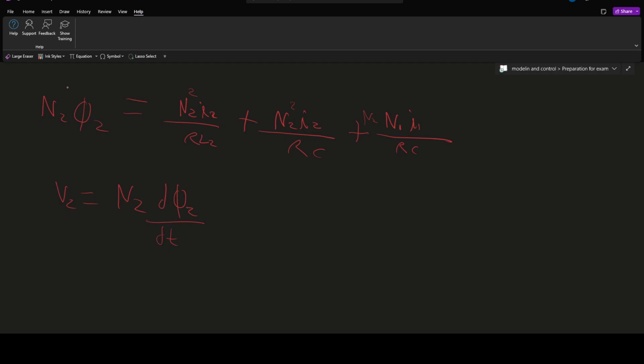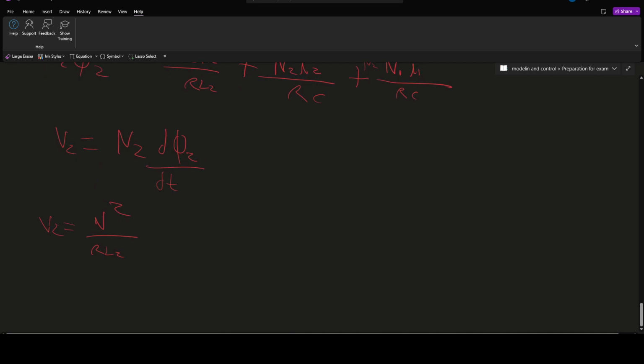We're gonna see that this up here is our flux linkage, but we're dividing our flux, and in our flux, the only thing that changes is our currents, because the number of turns do not change, our leakage flux does not change, and our reluctance in our core does not change. So when we do the voltage equation for 2, it's going to be n2 squared over RL2 this side,